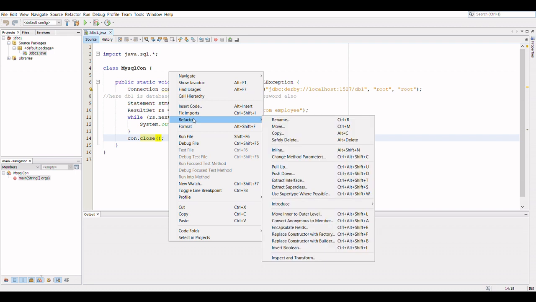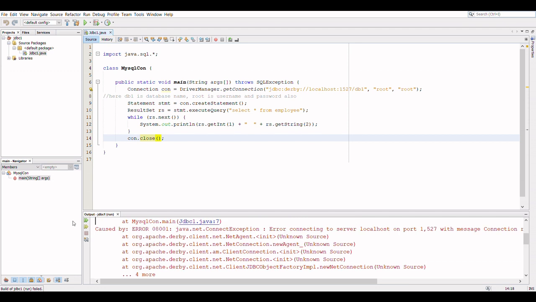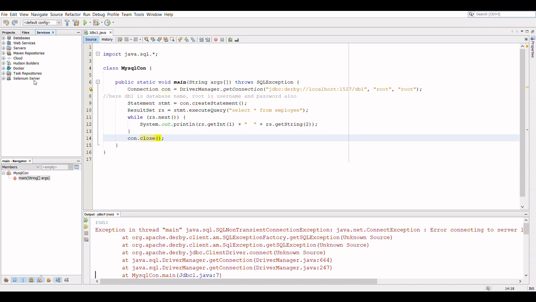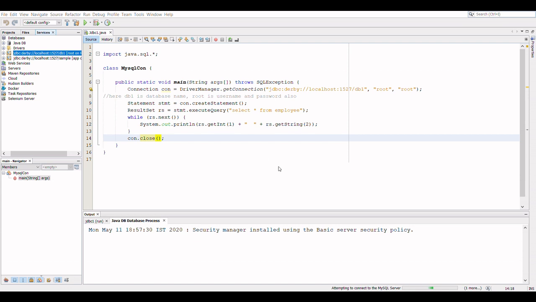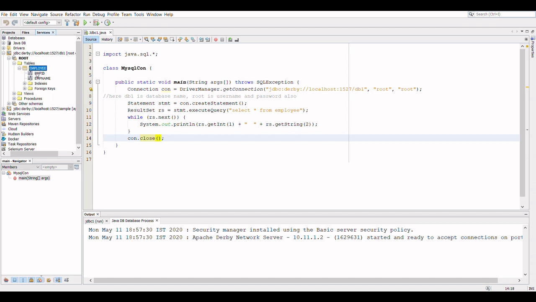So let's run this program. We get an error here because our database is not connected. So here I am connecting the database, and this database contains the table employee, which contains two attributes, employee ID and employee name.